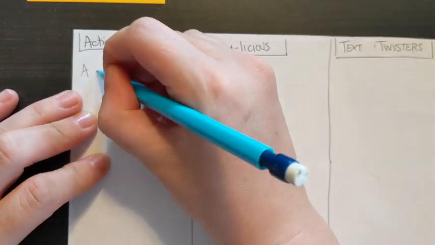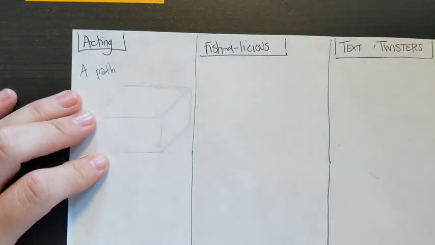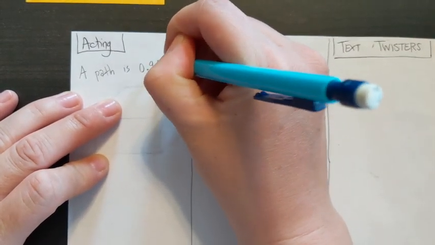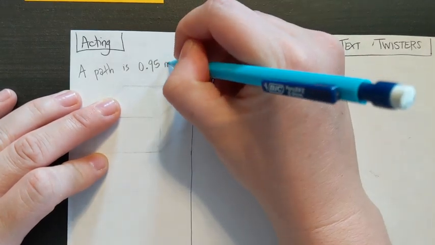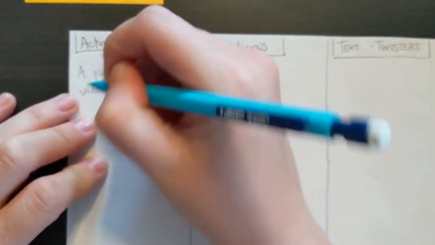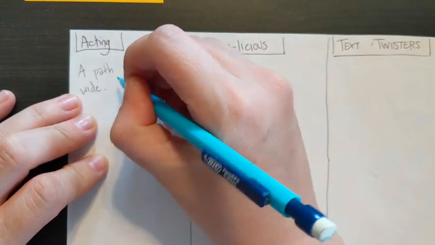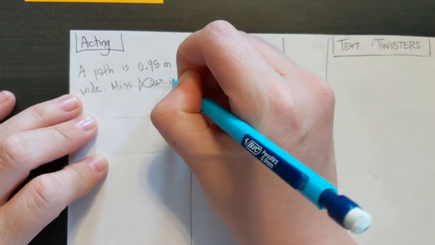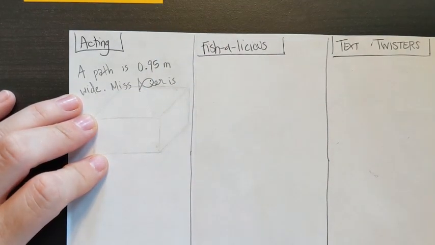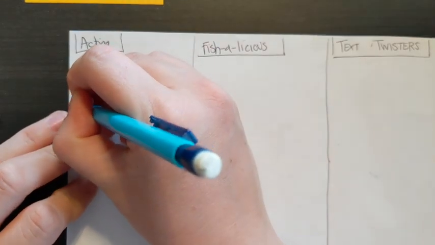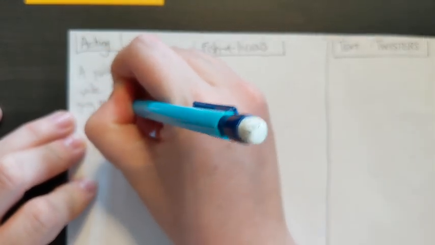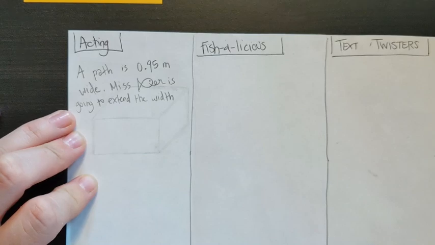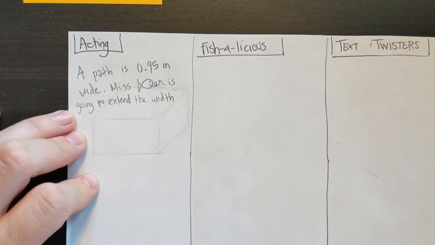And be careful on this because I'm not going to use the exact same numbers that are on the test. This is just a concept to review. So a path is 0.95 meters wide. Miss Fisher is going to extend the width, meaning make it wider. Miss Fisher is going to extend the width by placing blocks